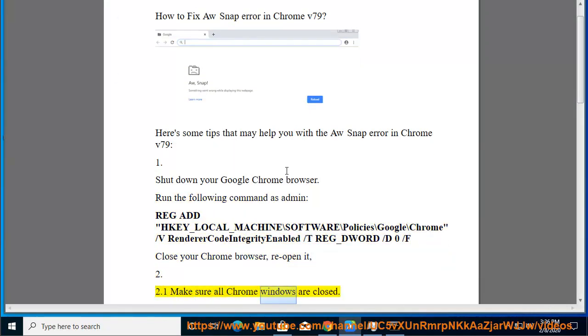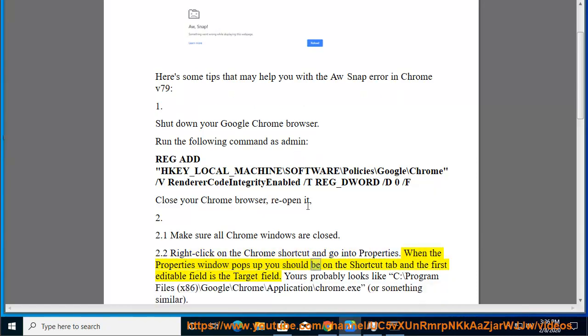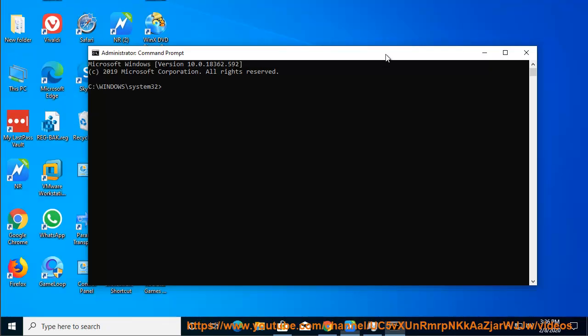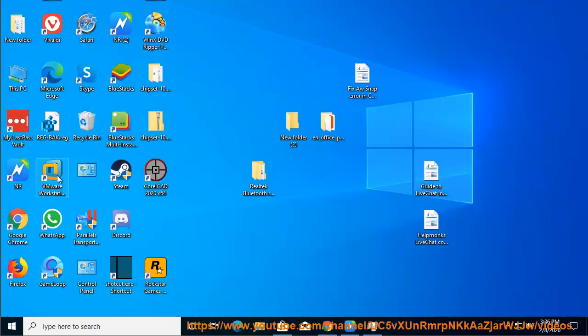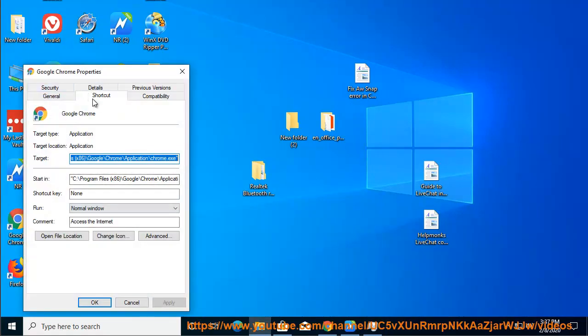Make sure all Chrome windows are closed. 2.2 Right-click on the Chrome shortcut and go into Properties. When the Properties window pops up, you should be on the Shortcut tab and the first editable field is the target field. Yours probably looks like C:\Program Files (x86)\Google\Chrome